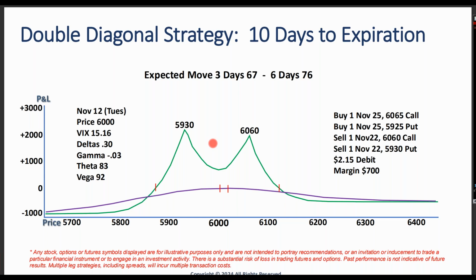Same as an iron condor. As we don't go too close to the shorts, the SPX price, your shorts are going to decay more than your longs will, right? Why? NOV 22, where our shorts are, is closer in than NOV 25. So as we go closer in, they will decay, right? A lot of times, and I'll show you an example of one I would put on today with Andrew, generally I put these trades on.